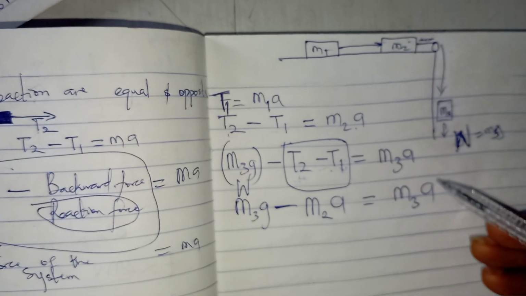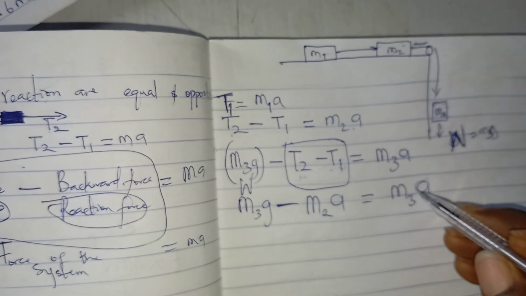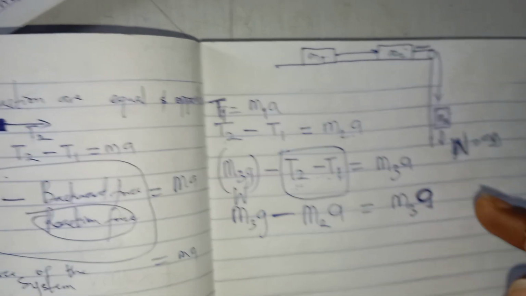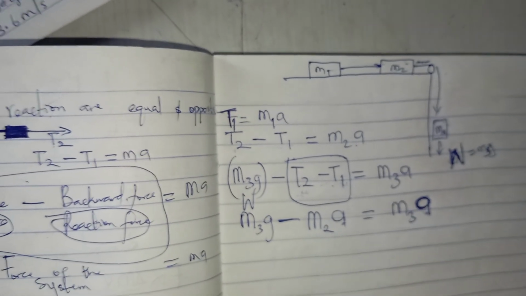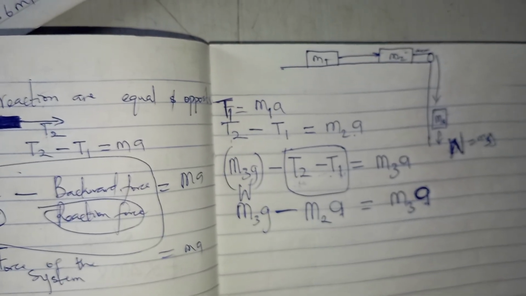What am I trying to get is this A, the acceleration of the system. The acceleration of the system is simply the final acceleration. It's still this A, this same A, final acceleration. That's what I'm trying to get. So I think what we can do here is to say, let's